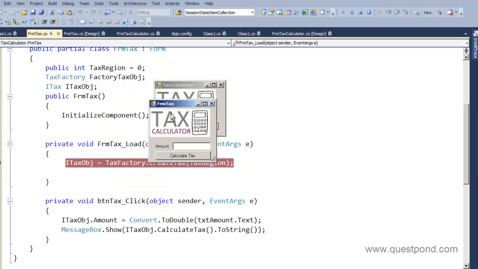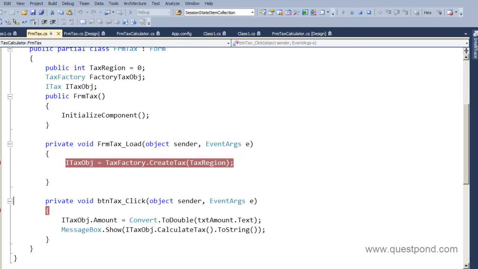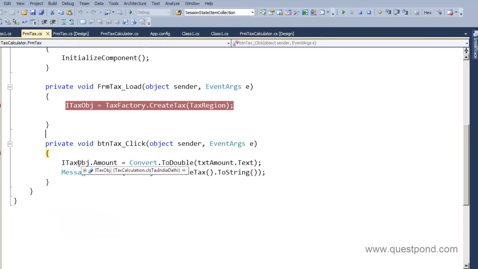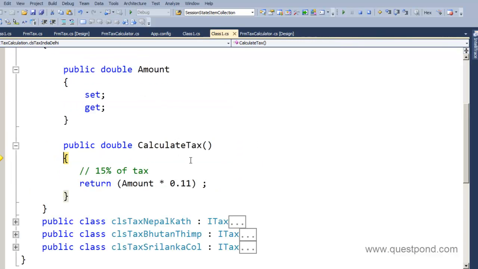Now this form, what you see over here, is pointing towards CLS tax India Delhi, right, the concrete class. So let me put 12 here and hit the calculate tax button. Let me put a debug point here also in the calculate tax button. So there it goes. Now my interface is actually pointing towards CLS tax India, you can see, right? So it will invoke the CLS tax India logic.